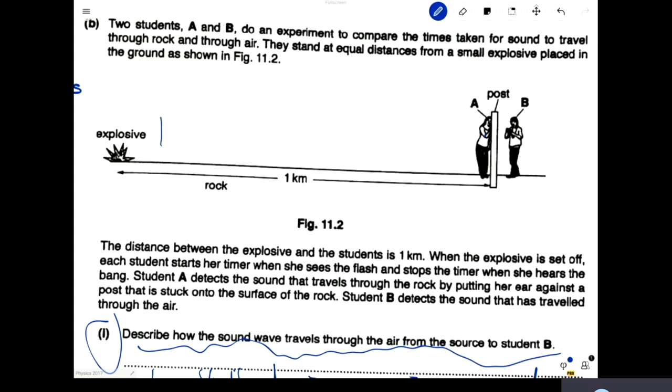So the explosion is here, and it goes here. Now, first we need to understand that person A